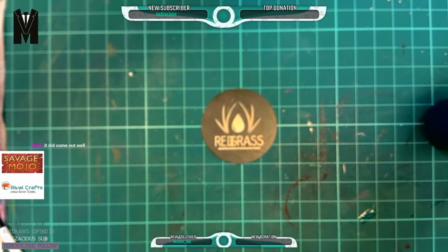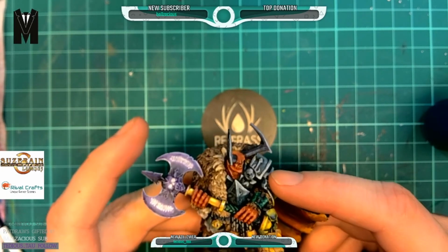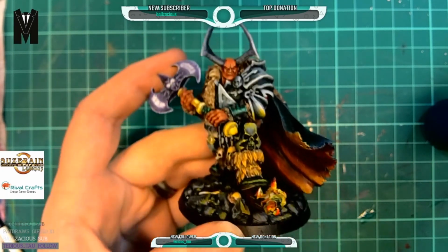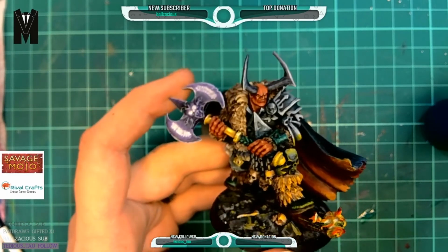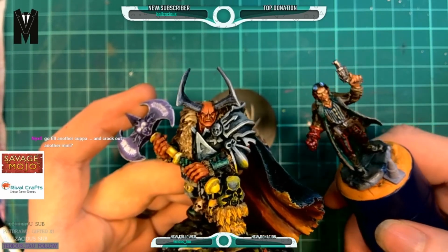Yeah, I think that's the only 3 I've ever done with OSL. And I haven't done much NMM either. So there was this one. I've done a little bit on one of the Malifaux guys. I didn't do any on him. I was lazy and...